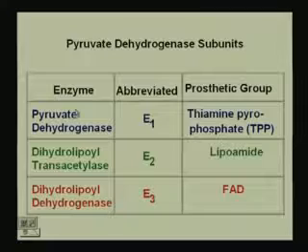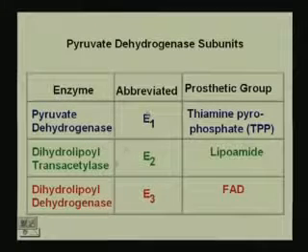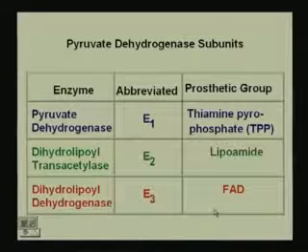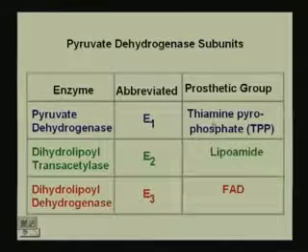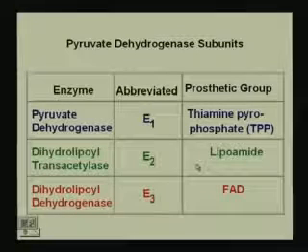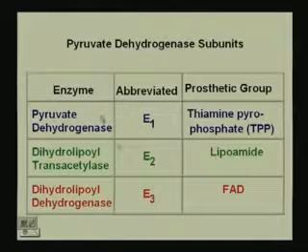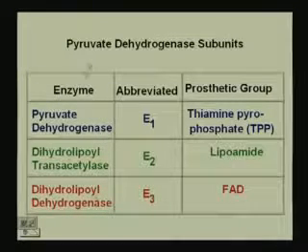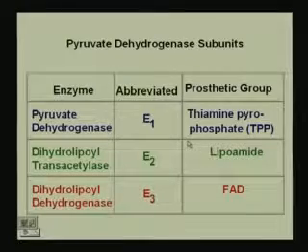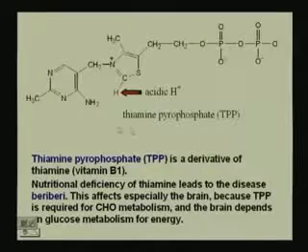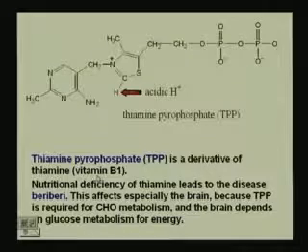Okay. So, these are the three enzymes E1, E2, E3, and these are the three prosthetic groups that are attached to the specific enzymes. Okay. TPP, lipoamide, FAD, to E1, E2, E3, that is, these three enzymes that comprise the PDC, the pyruvate dehydrogenase complex. Okay. Now, in E1, you all remember that when we studied vitamins, we had vitamin B1 thiamine that actually